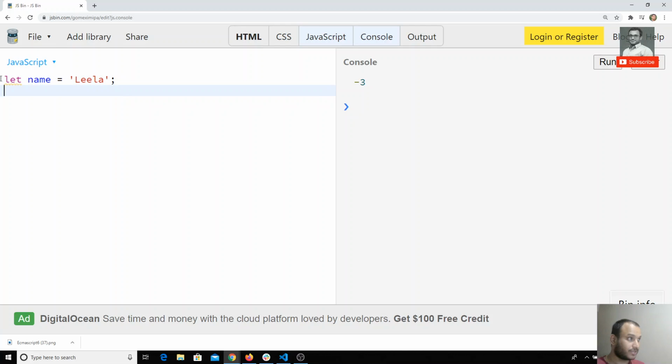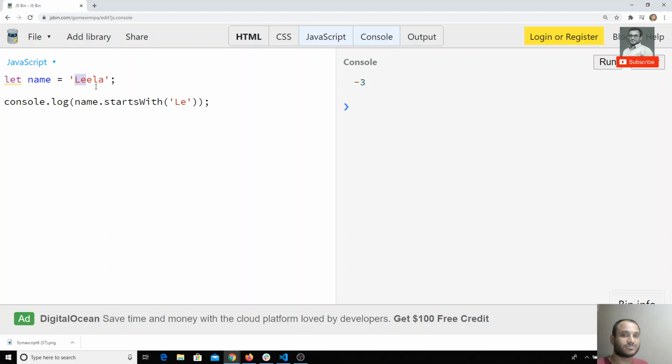Now I will check with console.log whether my name starts with, we have a new method called startsWith, "Le" or not. The name itself implies it checks whether it starts with Le or not. Let's check.